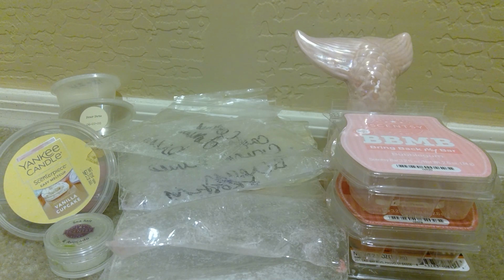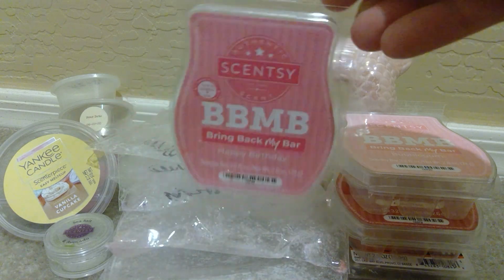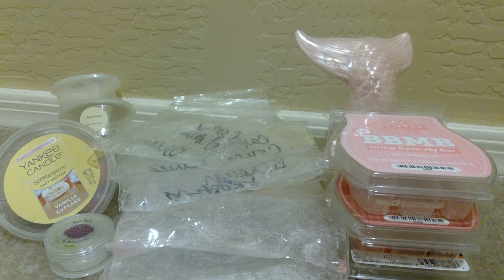This I really liked. I didn't love it because I love vendors' bakery scents. So I think if you are just a Walmart wax connoisseur and a Scentsy connoisseur and you haven't branched out to vendor wax, you would love this. This is like Funfetti birthday cake. It's nice. I can't knock it. It is a good bakery scent. I have no complaints about it. Again, for me, it is not hoard worthy only because I have other bakery scents. However,